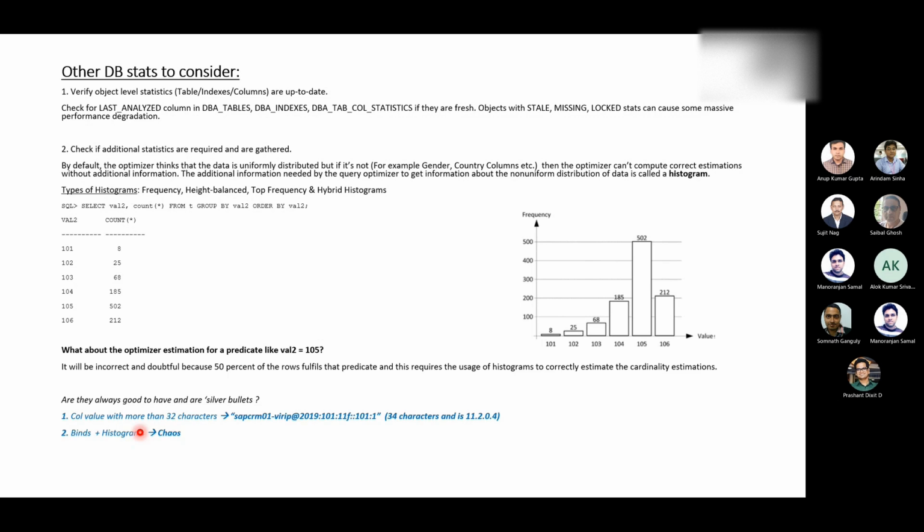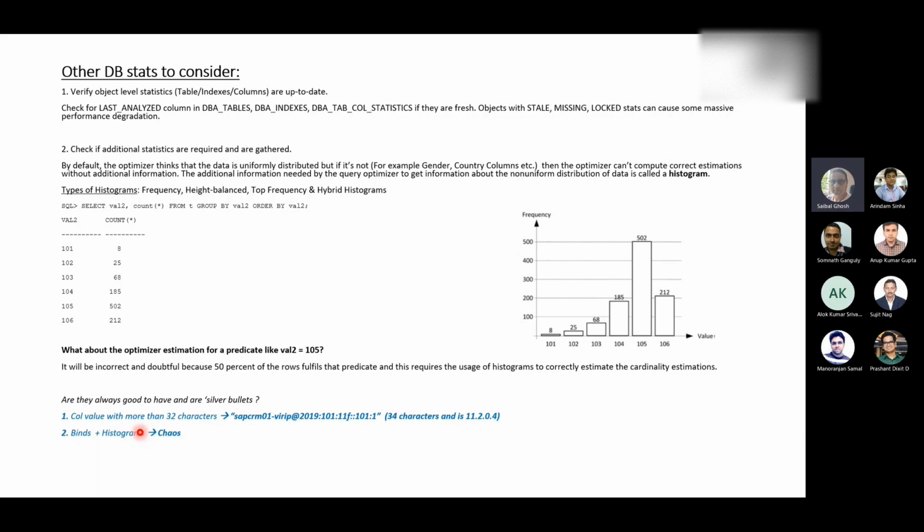Talking about adaptive cursor sharing, I think this was there in 11G as well. This was not a 12C feature. It was there in 11G. So adaptive cursor sharing stepped in and forced the re-evaluation of your execution plan to prevent a very slow retrieval through the index. That re-evaluation would not happen prior to Oracle Database 11.1.